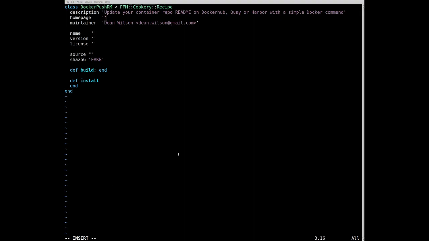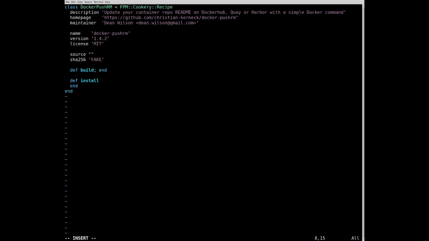The home page for this project is this URL on GitHub. The maintainer is set to my email address because I'm the maintainer for this code. It doesn't make a claim on the ownership of the package itself, that's owned by the person who wrote it, Christian Kornick. But I am the maintainer of this bit of code, and he shouldn't be bothered if I make mistakes in this. So in terms of the name of the package, we're going to want the package to be called docker-push-rm. The version they currently have, which I looked up on the web earlier, is 1.4.2,